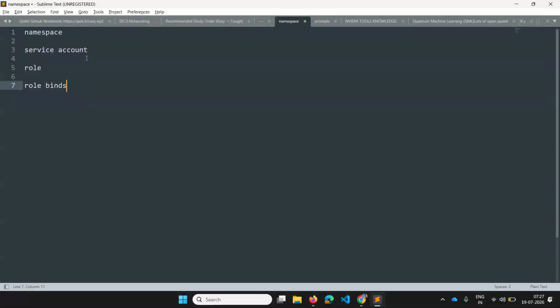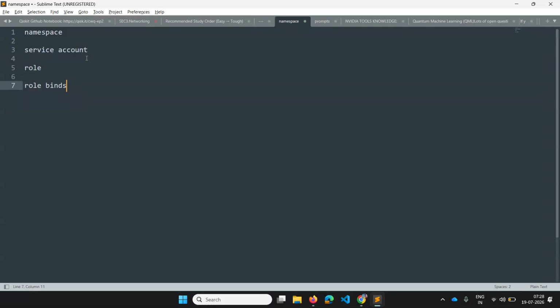See, generally, a namespace, you already know, is like a specific block into which you can create resources, and whatever resources are present in that particular namespace will be confined to only that namespace. If you try to get or manage the resources outside of that namespace, it doesn't work. It is like a specific building, and a specific flat inside the building.